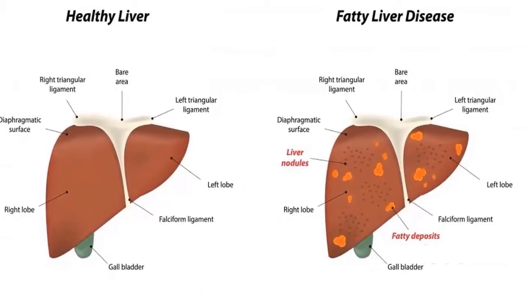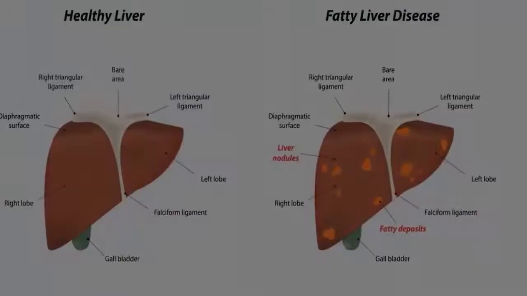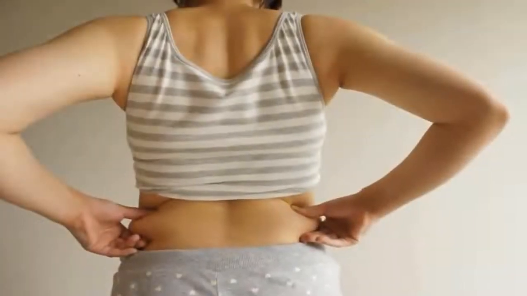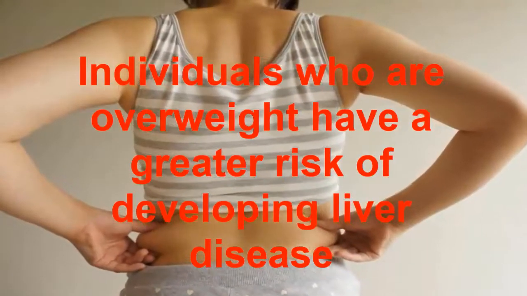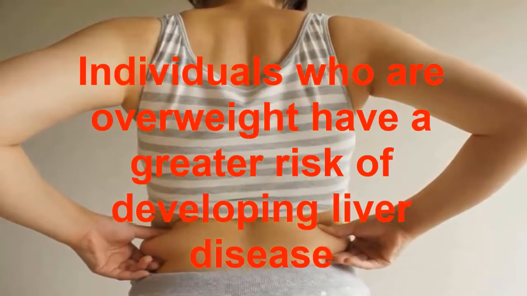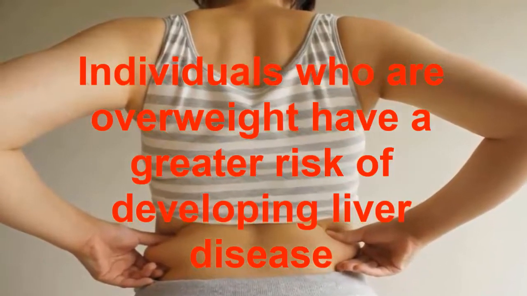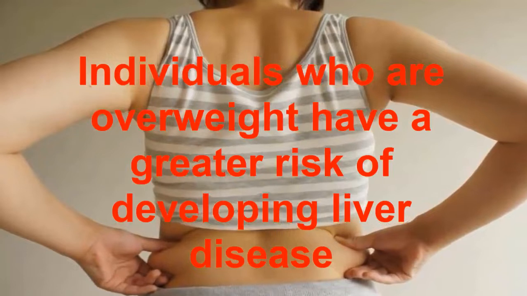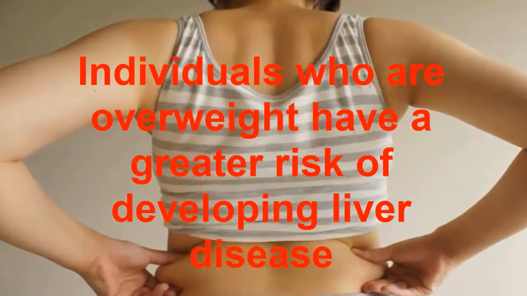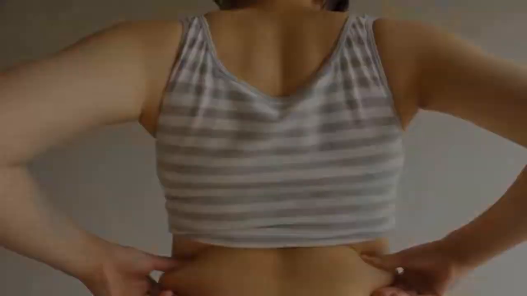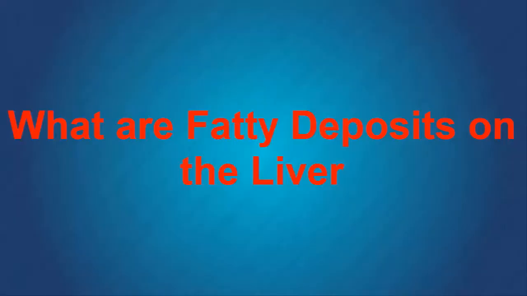What are fatty deposits on the liver? Fatty deposits on the liver refer to additional fatty tissue which takes up residence on the liver itself or in the liver's cells. This can be caused by eating a fatty diet, drinking alcohol, taking certain medications, and sometimes pregnancy. In most cases these fatty deposits are considered benign and are reversible. Sometimes, however, they can indicate a serious health condition.